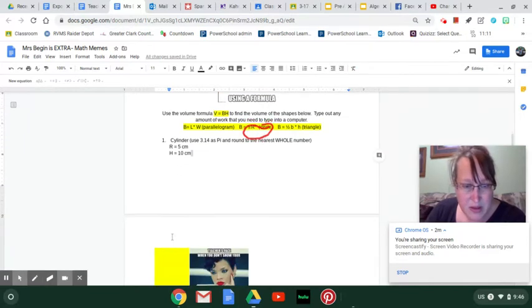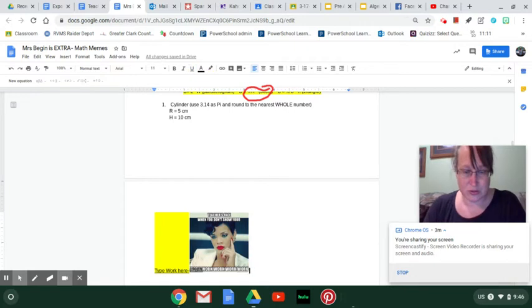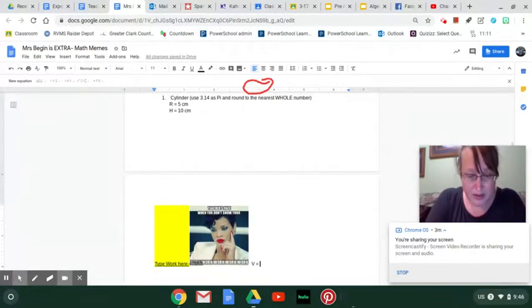Let's see if this works. It says right here, teacher's face when you don't show your work. So you're going to type your work in here. For this particular instance, you are going to use volume equals, that should be equals, the formula that's up here, pi r squared,